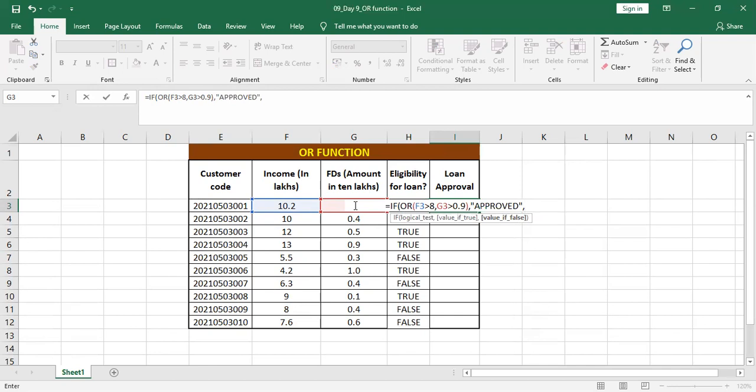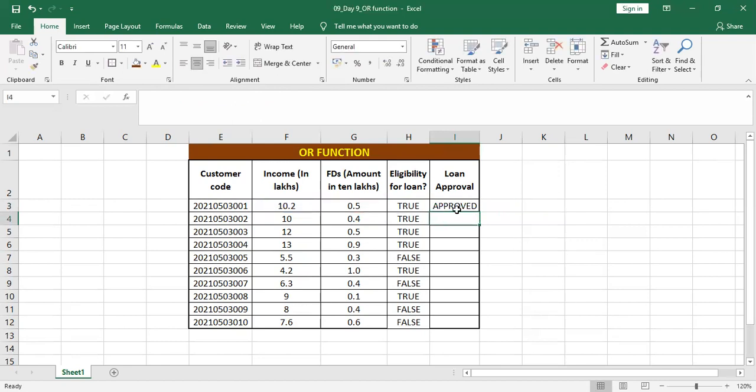Then value if false will be rejected. Then I have completed the IF argument. I'll press the bracket, enter. For the first person, you can see eligibility is true and his loan is approved. Similarly, I'm dragging this formula and we can see the result where we are getting false, his application is rejected. For customers 3007, 3009 and 3010, their applications are rejected.